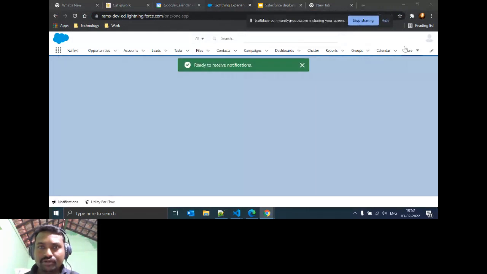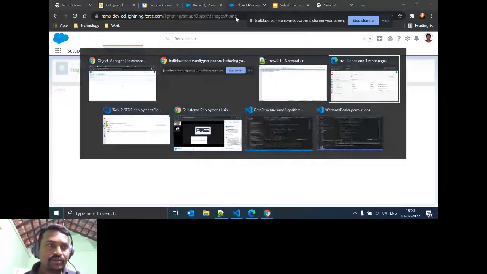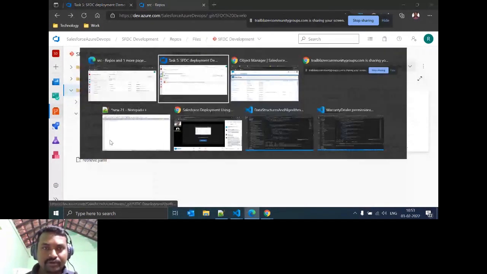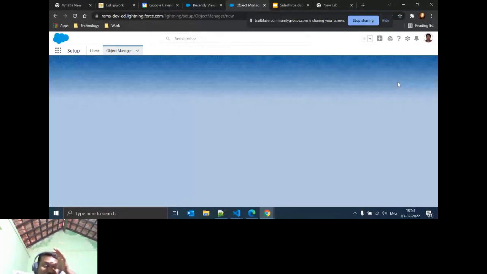Go to setup. Go to object manager. What is our user story? The user story is to create the connected object. I'm going to create the custom object.